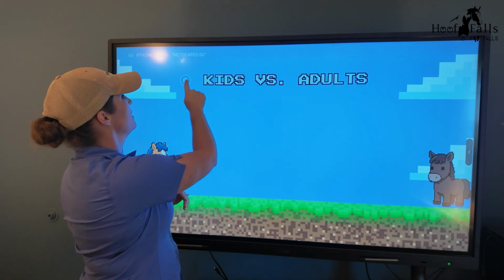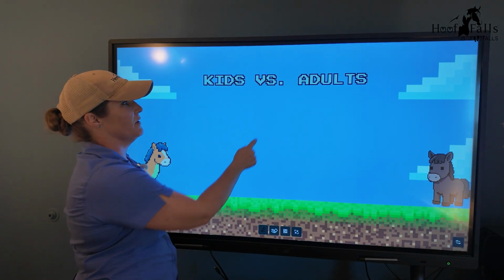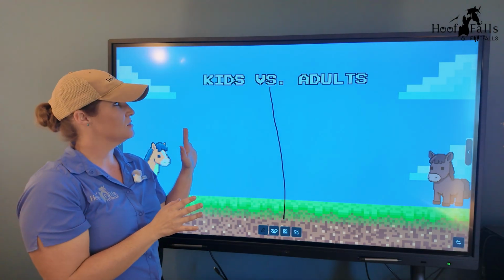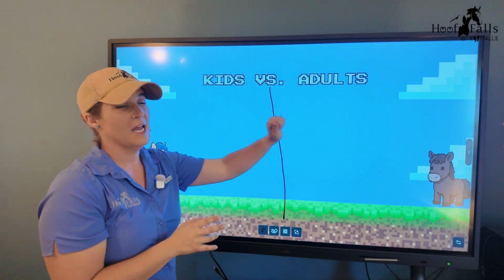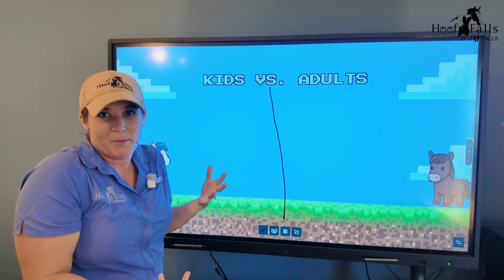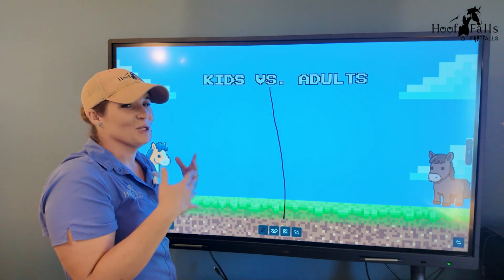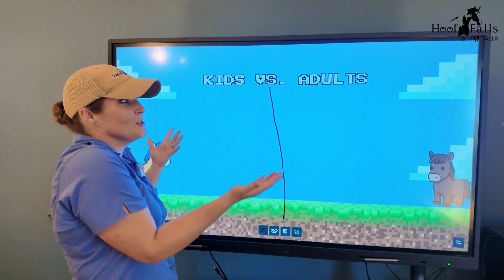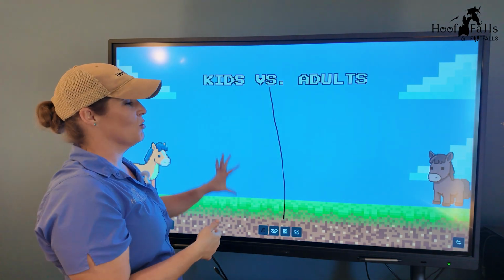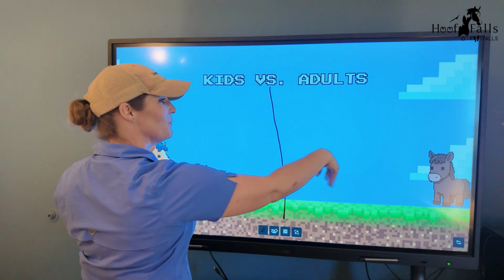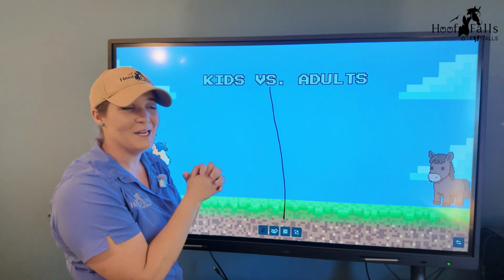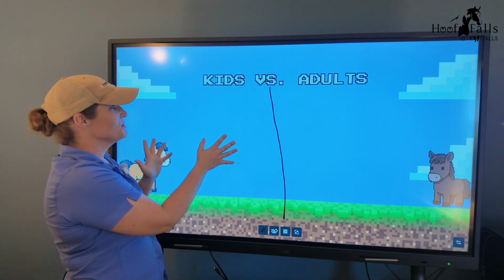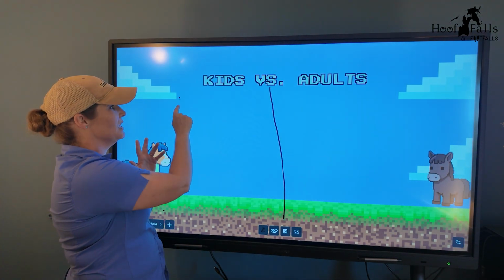All right, so we're going to look at the difference between how we would gamify for our kids or youth, and then gamify for adults. And then the teens are kind of just stuck in the bubble zone, and you've got to go off of how mature they or their group are, or individually, how they are. Sometimes I'll give them a choice, like, hey, do you guys want to call it more of that youth wording, or do we want to go with the adult wording for those ones that are kind of in between, in that bubble, okay? So when I'm working with kids, I'm going to be using words like, we're going to level up.